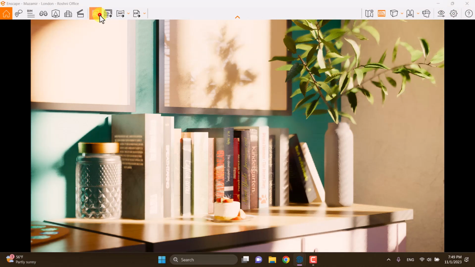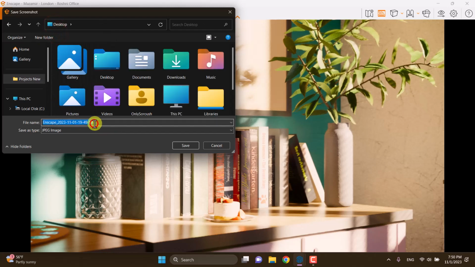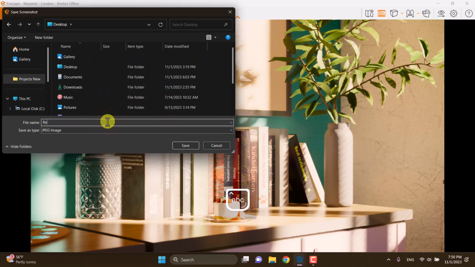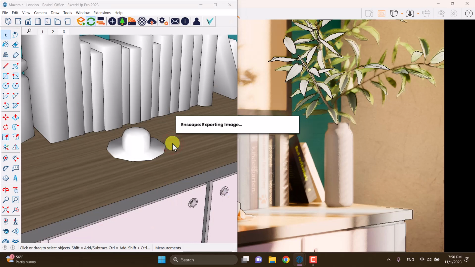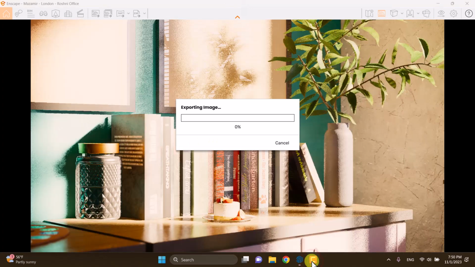So I'm going to click on the screenshot button and save it on my project in JPG format or on my desktop. I want to change the view of it to detail, and my name is the render Enscape 3.5.4. So I'm going to click on save, and you can see rendering in Enscape is really easy. It takes, I think, under 10 minutes. We create this type of super realistic render in Enscape with only a few steps about the settings and easy adjustments related to the sun direction